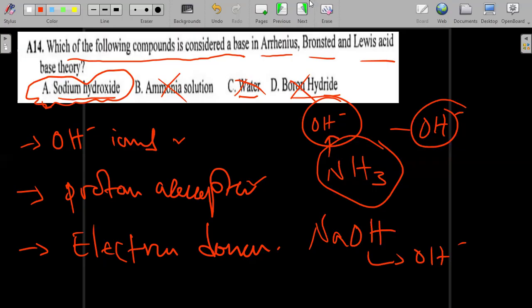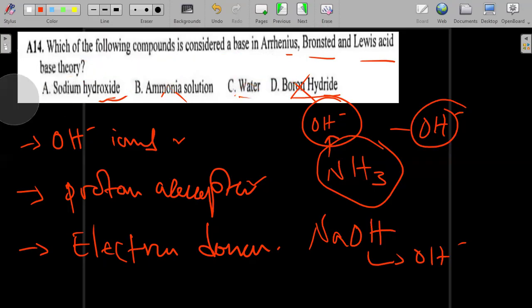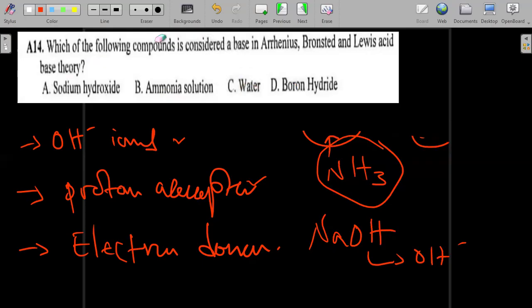So I didn't get question 14 because my network was tripping, so I had to join the meeting again. Oh, okay. So I was saying here we are looking for a compound that satisfies the three definitions of